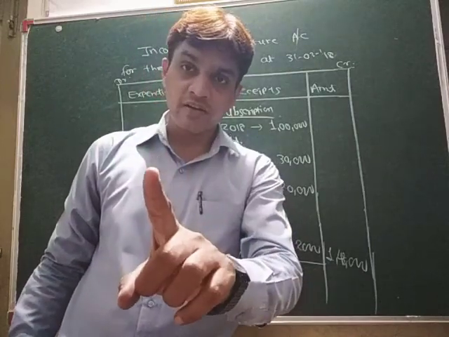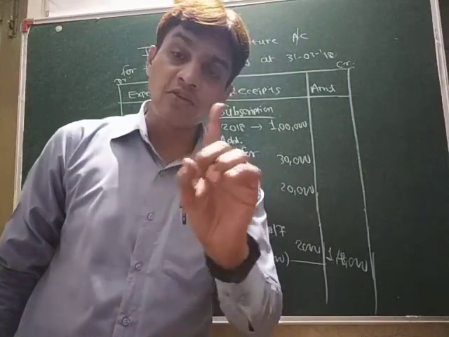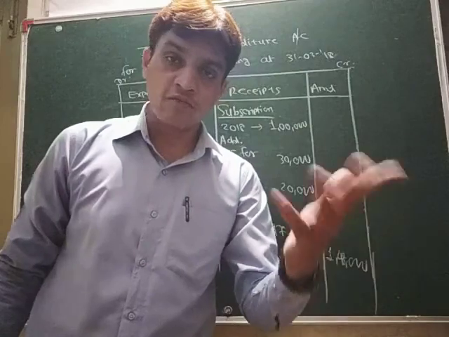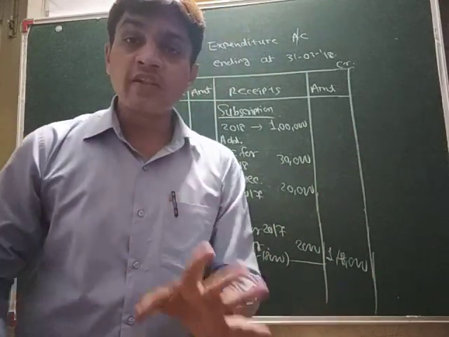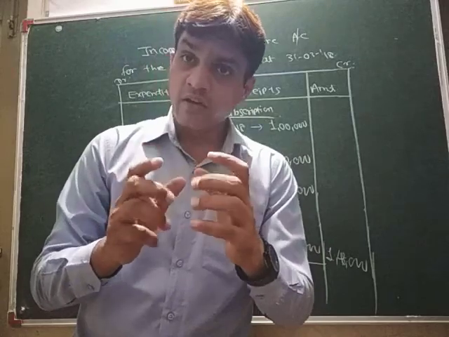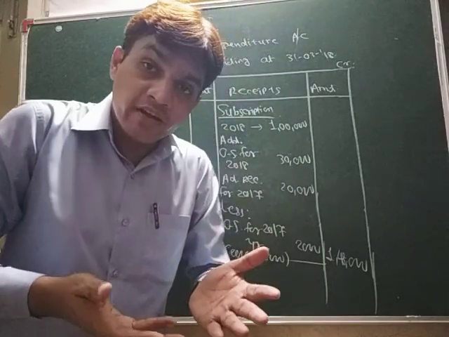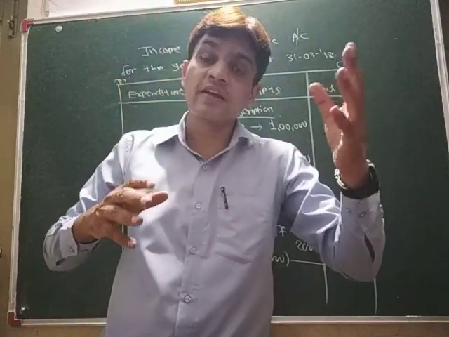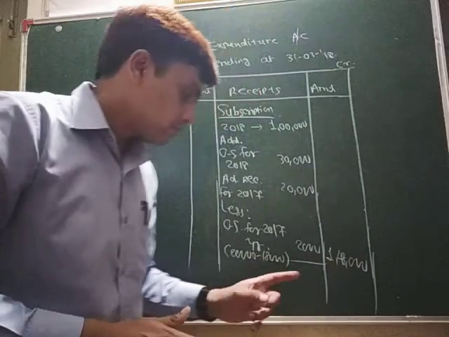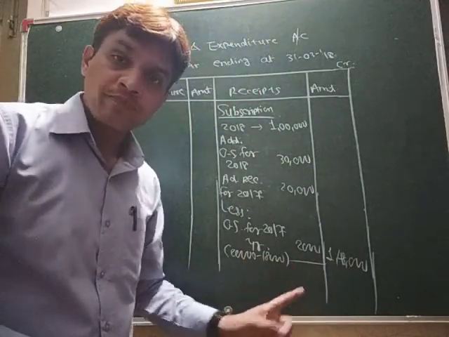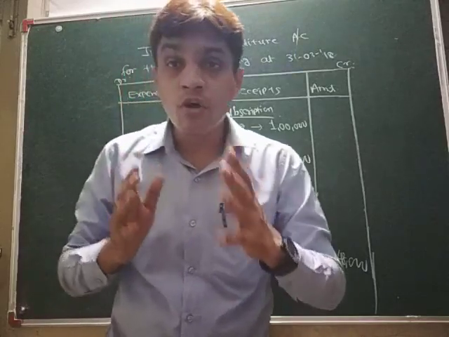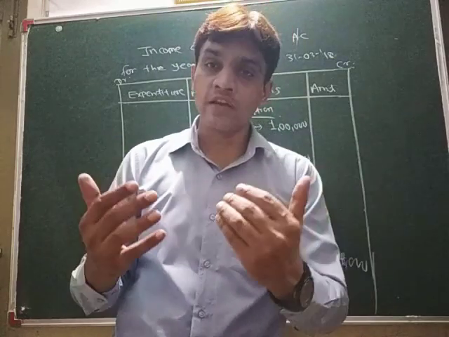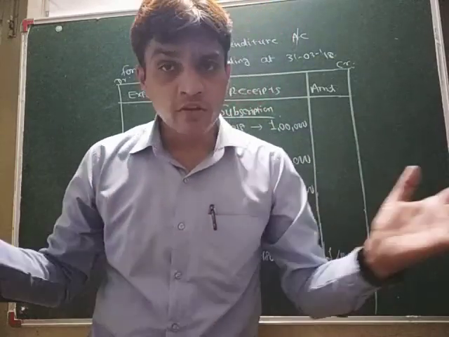Okay, now you understand how to do the entry whenever it is outstanding for the previous year, outstanding for the current year, and advance receipt for the previous year. I have explained all the things. So remember that whenever outstanding is given for the previous year, and subscription was received for the previous year, then we have to take the difference and deduct it. Remember this, and practice more and more sums like this. It would be very easy for you in your examination, and beneficial for you. Okay, so this is all about it.